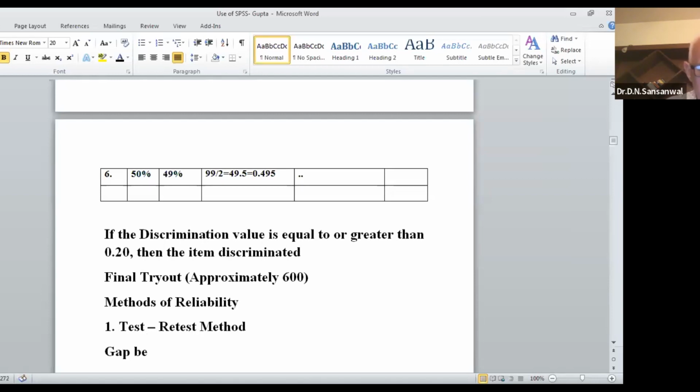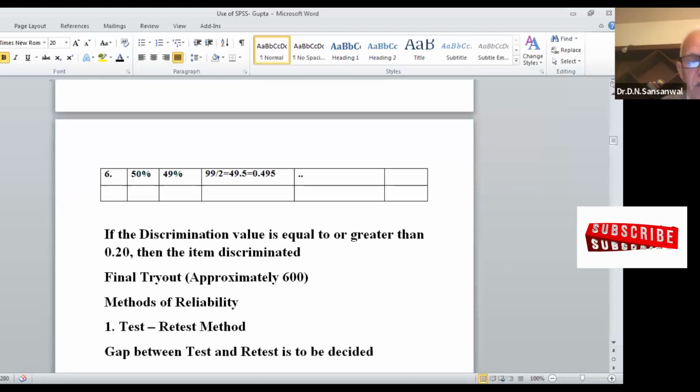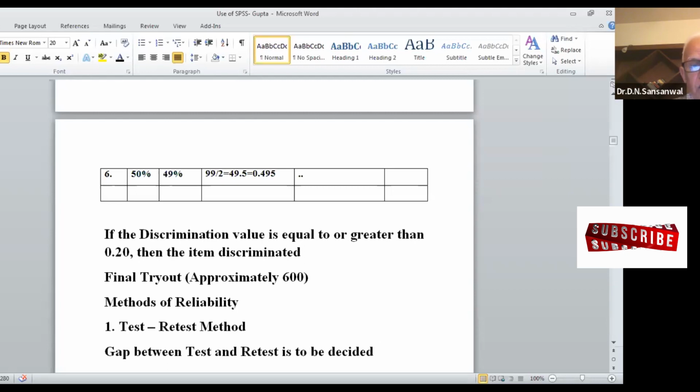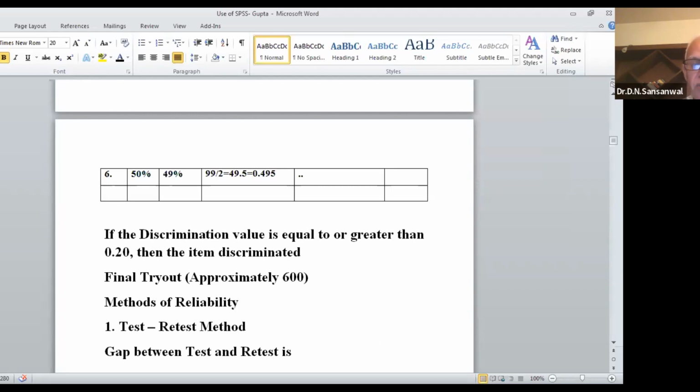The gap between test and retest is to be decided by whether the variable under study can change. So the gap between test and retest should be such